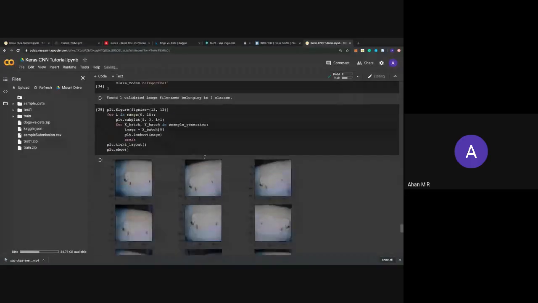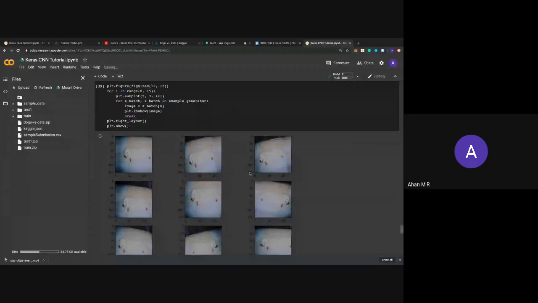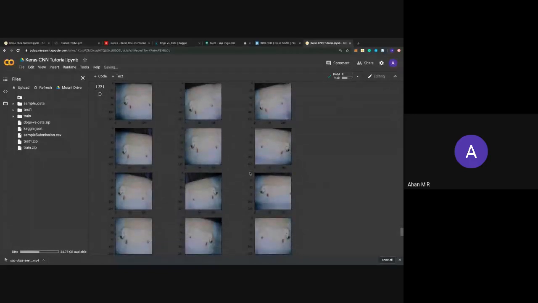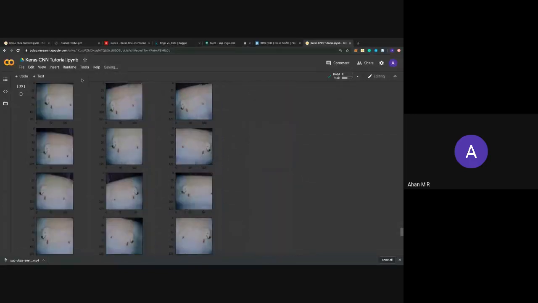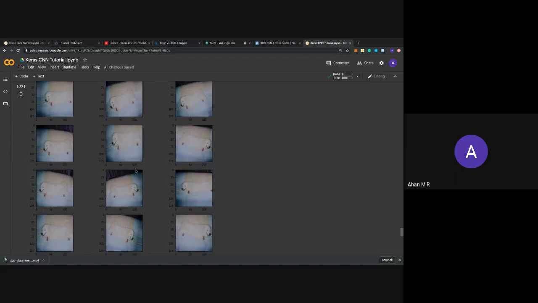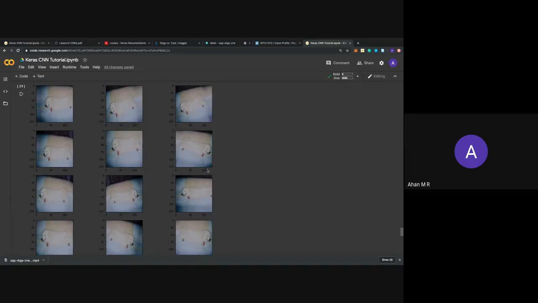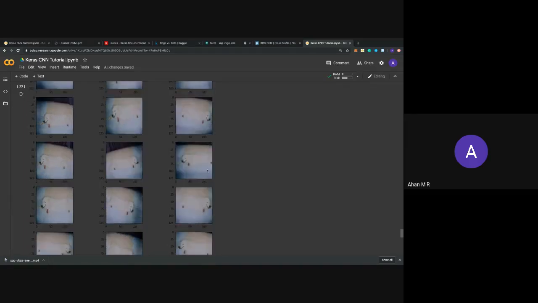Anyway, basically, you can always randomly generate an image. That's not a problem. I'm not sure if you can see it clearly. It's a very weird dog. But you see that the dog is facing towards the left, but here it's right, and it performed the augmentation operations based on the parameters I gave. Feel free to change it.